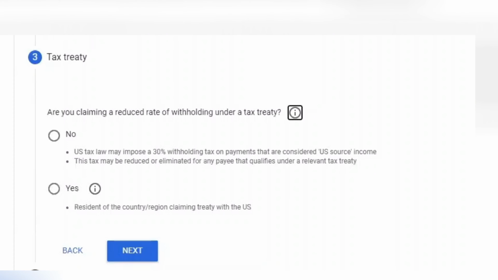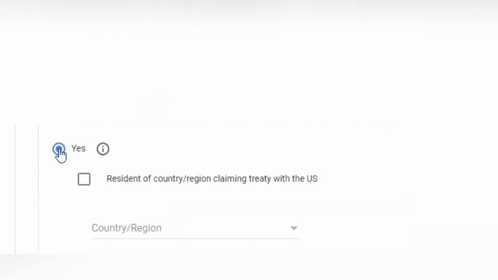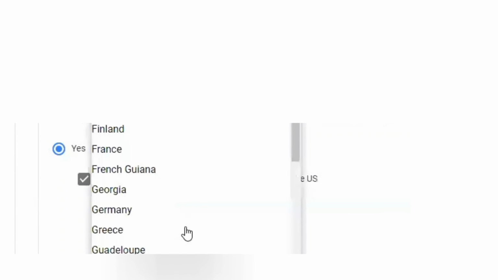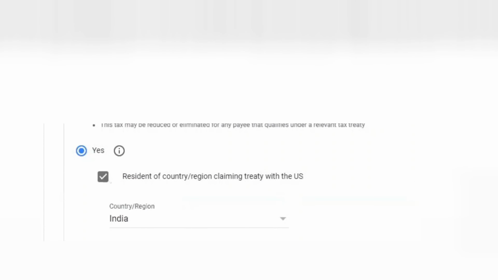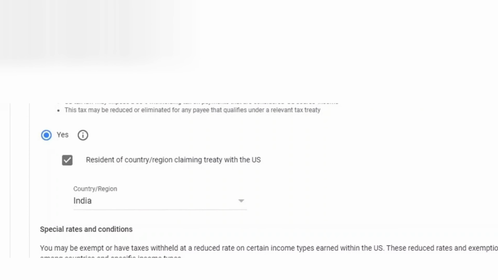Now we have to click on yes, guys. When you click on yes, you have to click on the resident of country checkbox. Select the country as India. Now, when you're done with this, in the next section we have special rates and conditions.